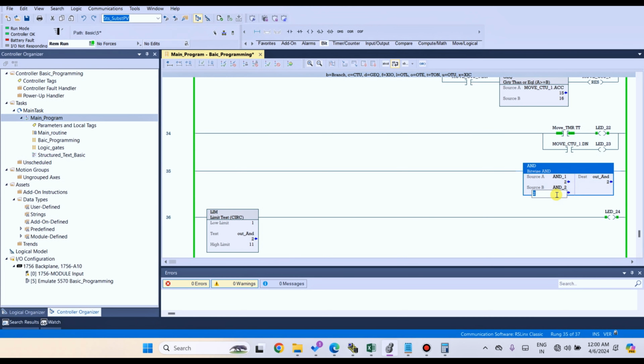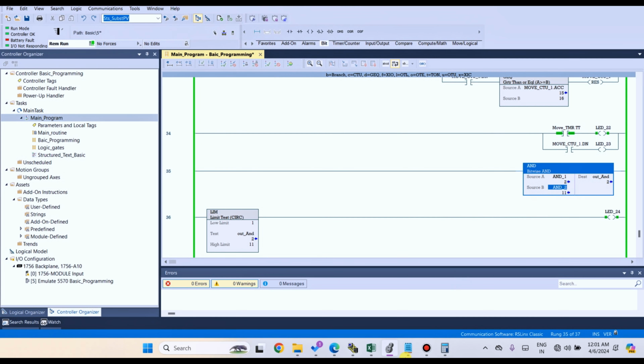Let's see 3 on, right? 2 numbers on, 4 off, 5 off, 2 numbers off, 2 numbers on, 6 on, LED on, under the limit 1 to 11, 7 on, 8 off, 9 off, 10 on, 11 on.